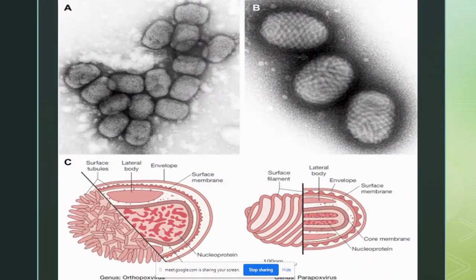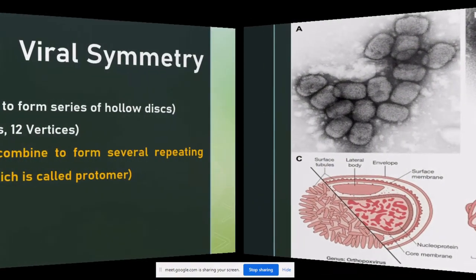One of the very prominent and peculiar examples is a pox virus. Here you can see it on the diagram. That is parapox virus. You will say that it looks similar to what we saw in the other viruses, but then there are foldings. As you can see here, they have mentioned surface filaments, right? We are not able to define what kind of structure these filaments show on the surface. That is why we call this a very complex type of symmetry for this particular type of virus.